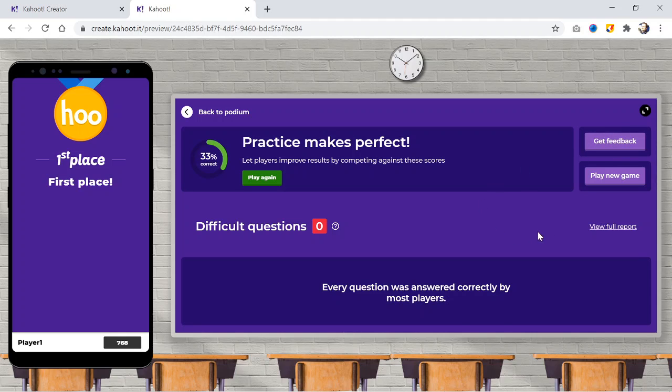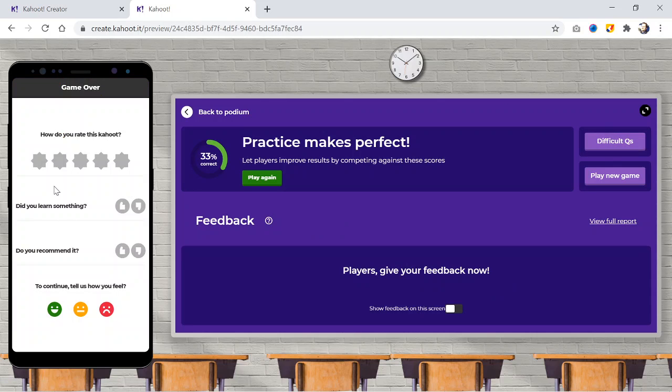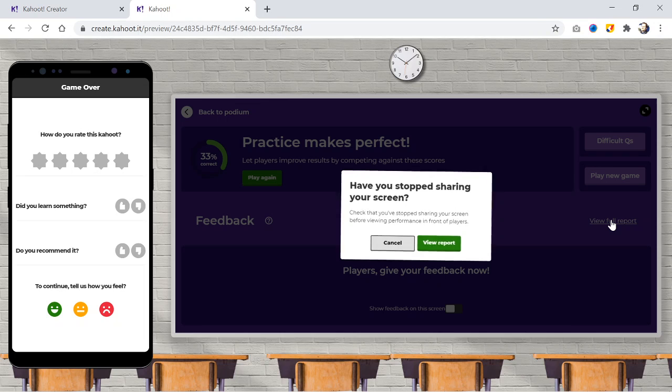Let participants rate, like, dislike and express their feelings about their experience. As host, you have the choice to display feedback of participants on your screen. Now, to see the full report of this quiz, it is recommended to stop sharing your screen with players.